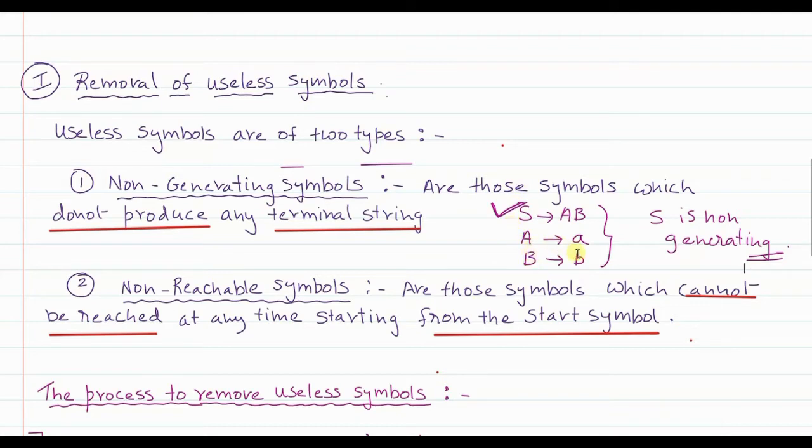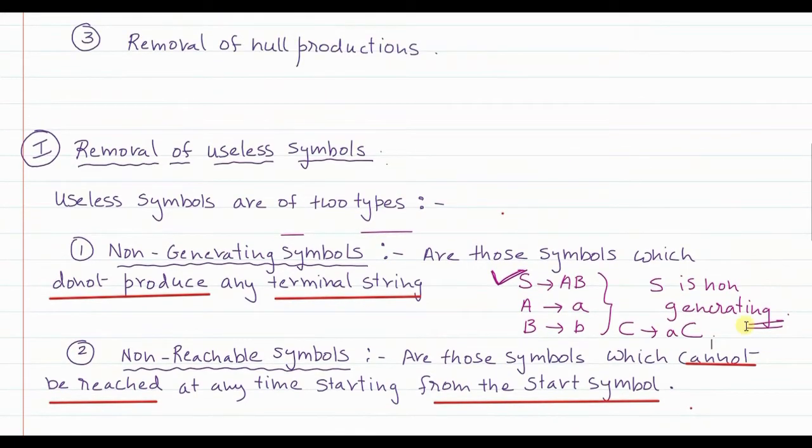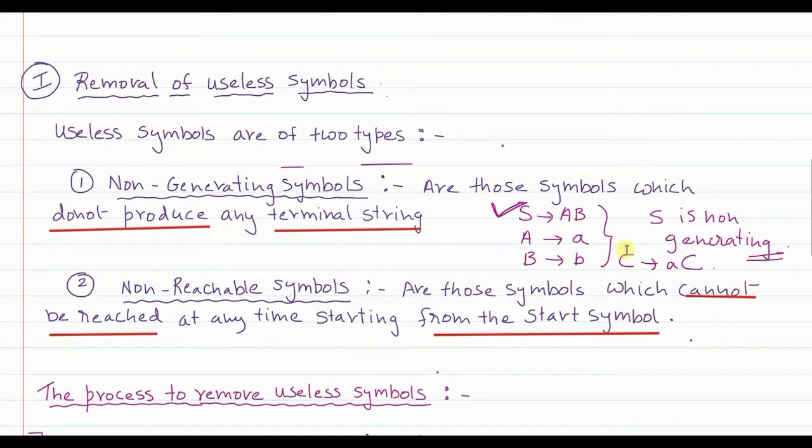Okay. A and B can directly generate a terminal string by replacing themselves. So I say A and B are generating, S is not generating. Okay, that third production, C gives, say, AC, if this was there, then also I say that C is not generating. Why is it not generating? Because C replaces itself no doubt with a small a, but then there is another capital C. So every time replacement happens, capital C will remain. So this C will never get exhausted. And that's why this C is also non-generating.